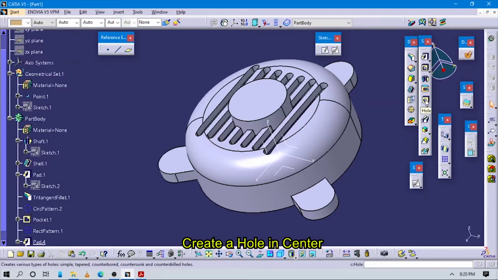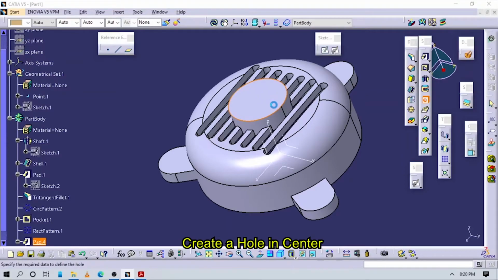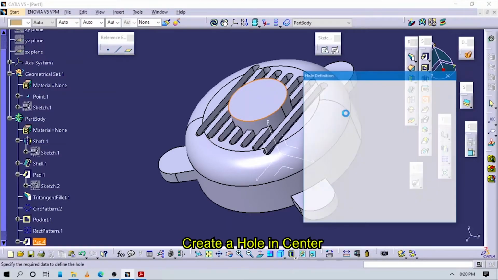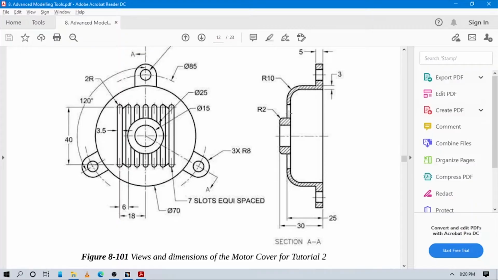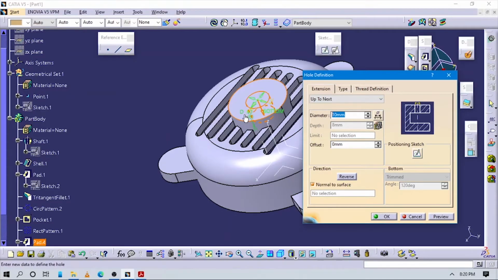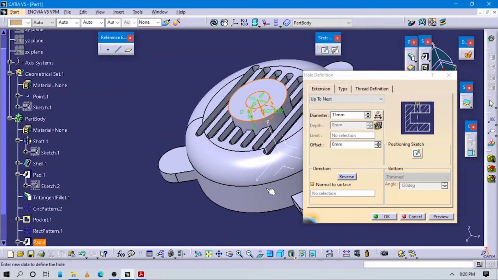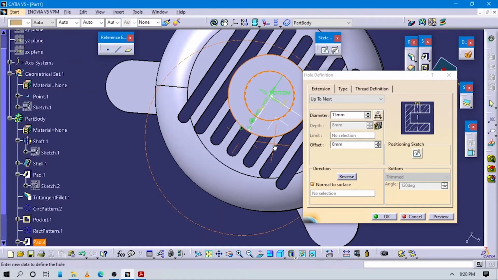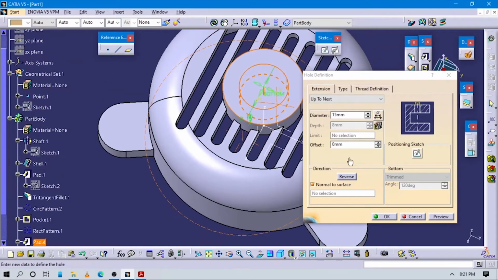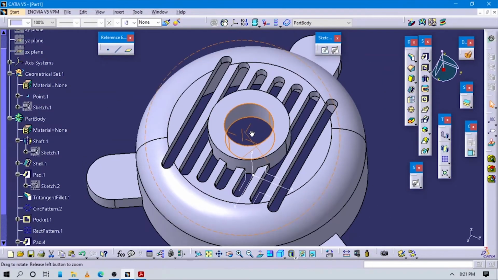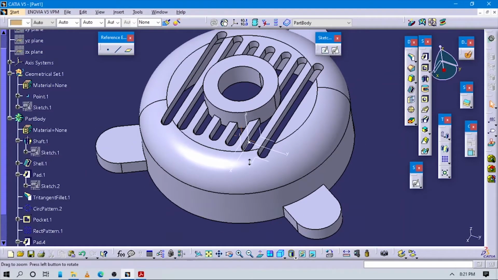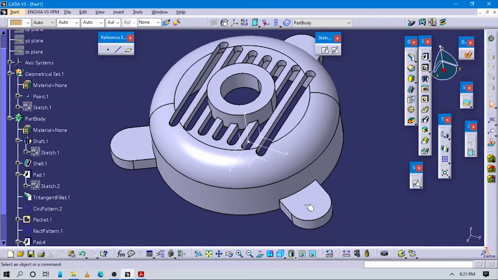So go to hole command, select this face, and make sure you want this hole up to next. The value of this hole is 15 diameter. Make sure this is centrally aligned. Yes, you can see this is centrally aligned. Press OK. Now you can see our hole is created, and now we have to create the same holes here